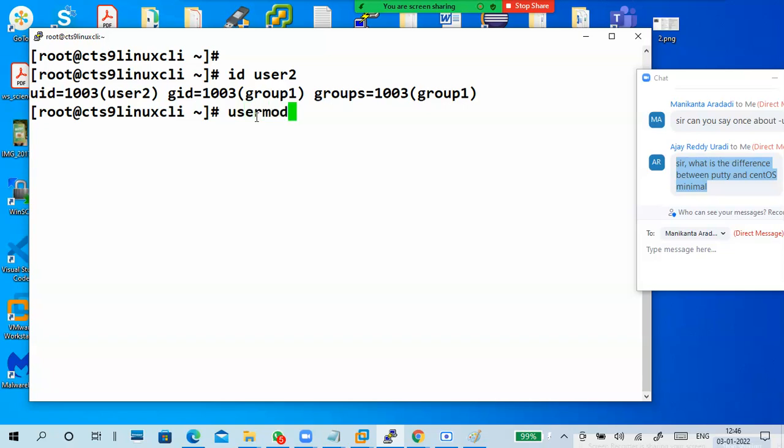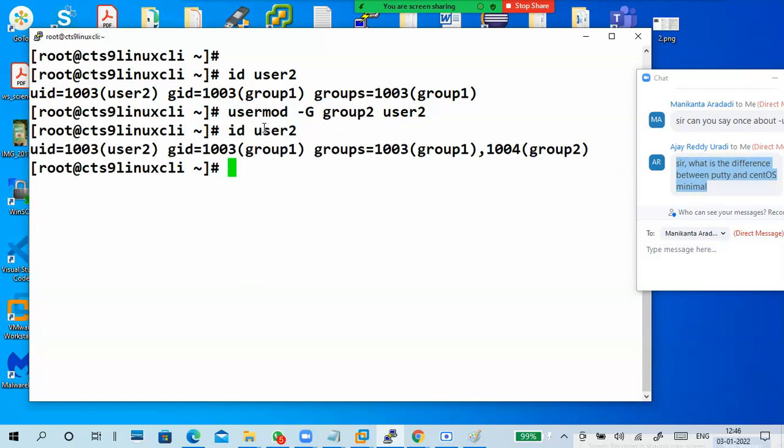Very good: usermod with the secondary group option, capital G, group two, user two. Add it. Then how to verify? Again, id is the best one. This is the primary group, but this is my secondary group.